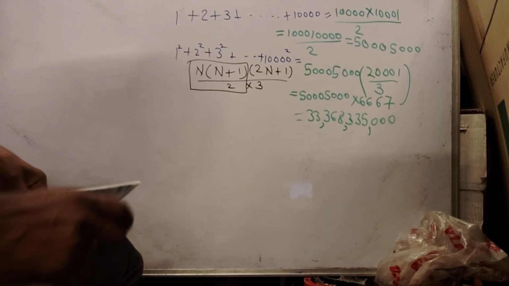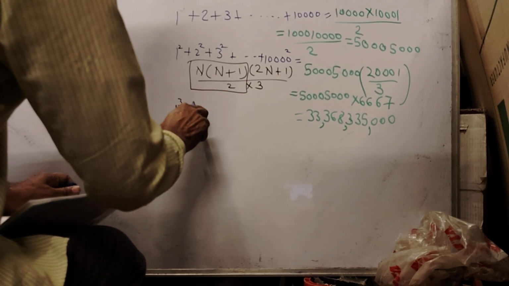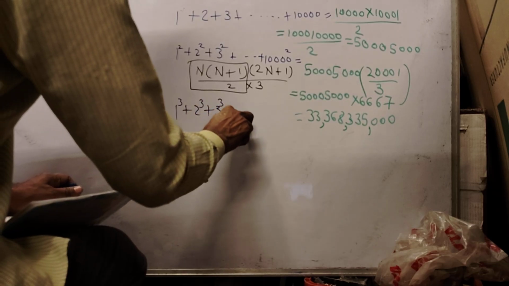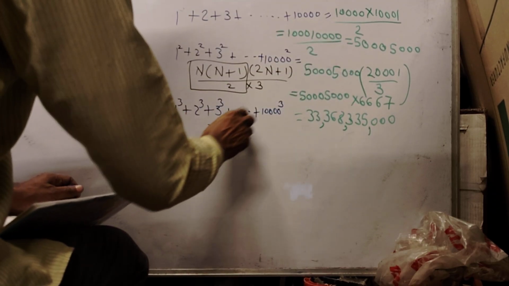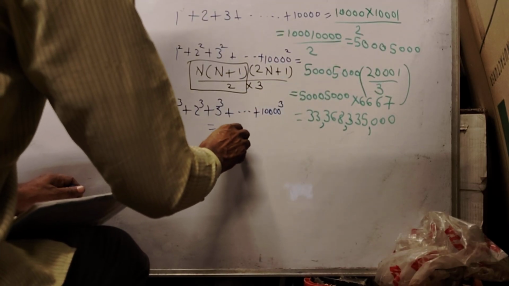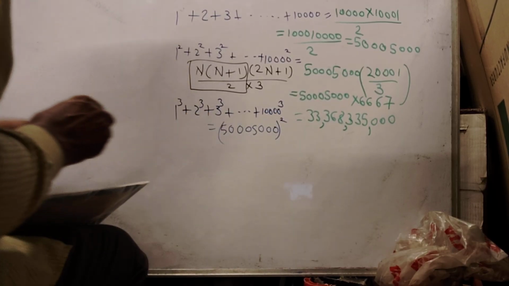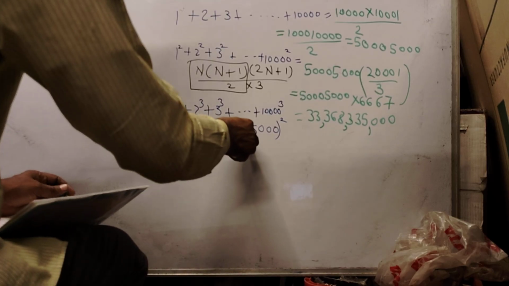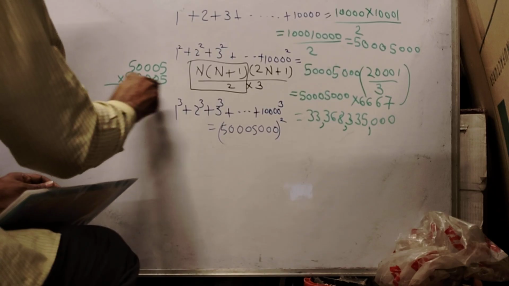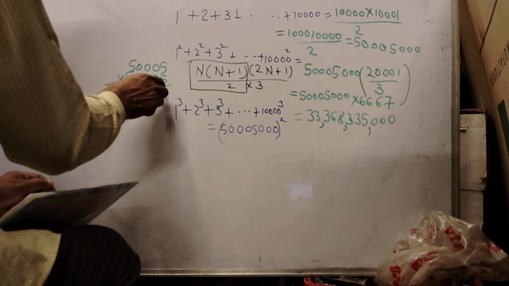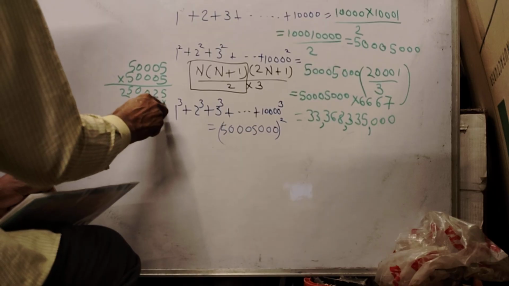And the third one is the natural numbers series of cubes: 1 cube plus 2 cubes plus 3 cubes till 10,000 cube. So its sum is the same as n into n plus 1 over 2, and its formula is the squaring of this number. We write this as it is and we square it. The square of this number will be our final answer. So the square of 50005 we find out first, and then we put the zeros on the right side. So start from the right side, 5 5 is 25, then 0 0, then 5 5 is 25, then cross,